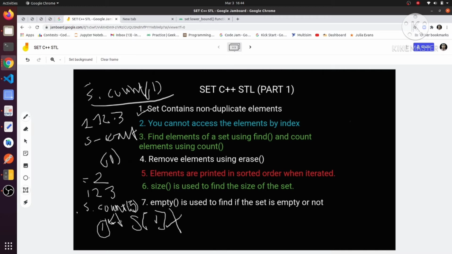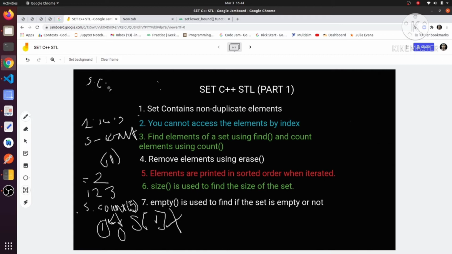And if I put here 5, it will return 0 because that element is not present.